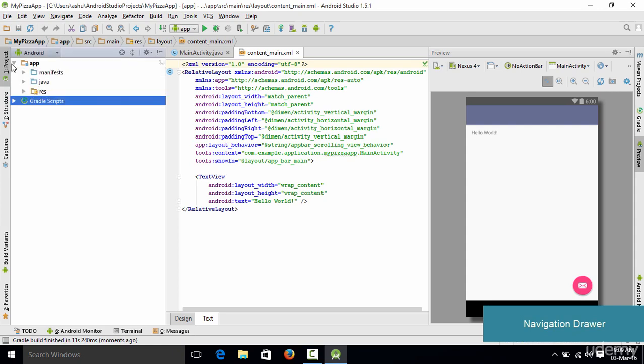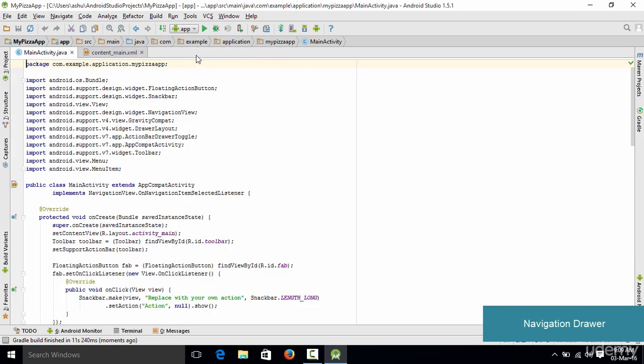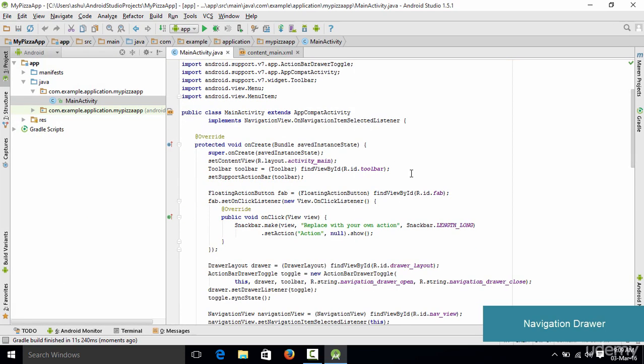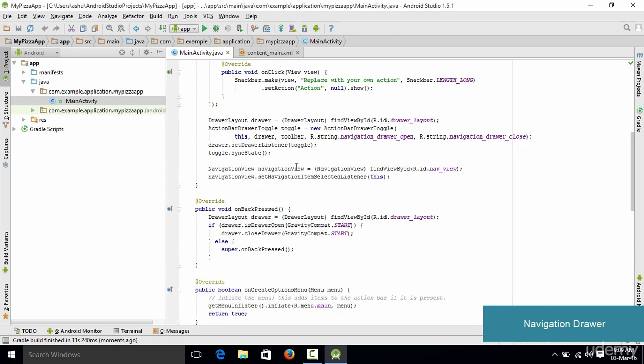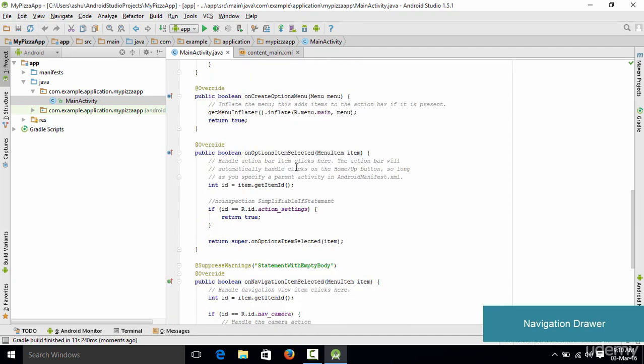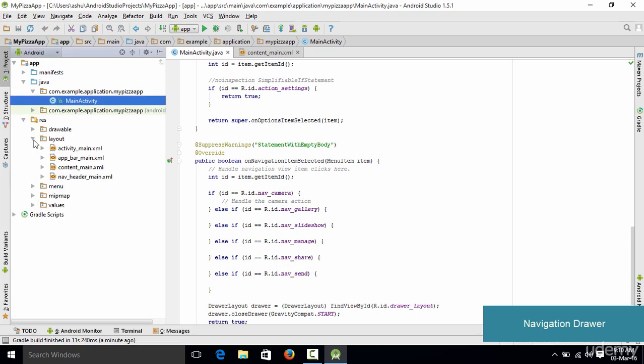The next thing we need to do is go into this app folder, and when we switch to this Java class, inside it we have the main activity. If we have a look at the contents of the main activity, you could notice that there are a lot of things which were not present in a blank activity, and that is because this is a navigation drawer and it needs to handle certain things so that it could perform correctly. Another thing we will notice is that when we go to the resources folder and switch to layout, there are 4 files in there.